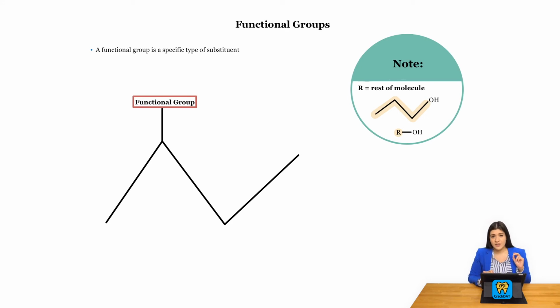So the first thing here that I really want you to know is whenever I'm referring to, or whenever organic chemistry is referring to R, this is referring to the rest of the molecule. For example, if we were to have some sort of molecule as such, well, this entire carbon chain can then